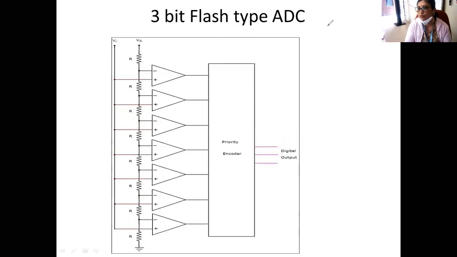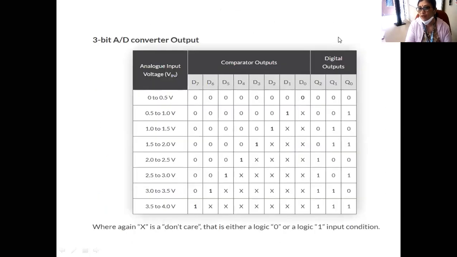Okay. Now, let us clear the screen and go to the truth table of the 3-bit analog to digital converter. Here you have to write the range of the analog input values, here the outputs of the comparators, and here the digital output. Here the variation will be from 0 to V reference by 8. When the input voltage varies from 0 to V reference by 8, all comparators will produce 0 output, and therefore the output code produced by the encoder will be 0, 0, 0.